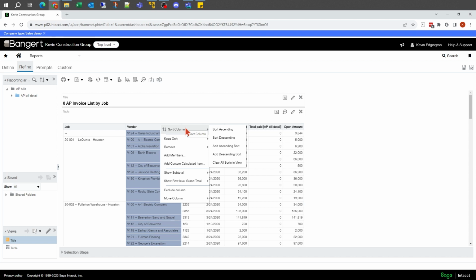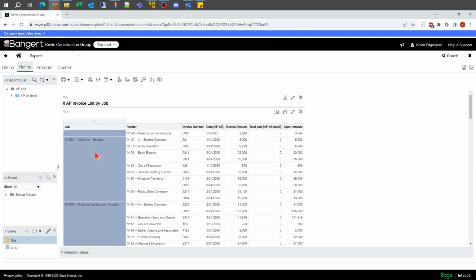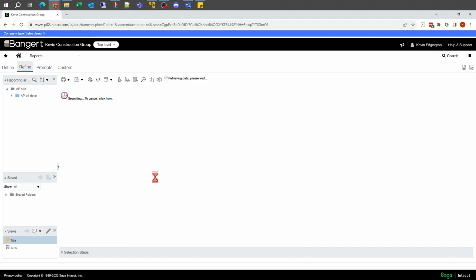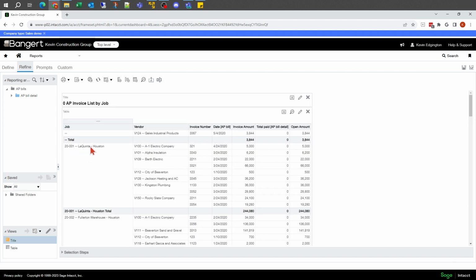Let's take a look at some subtotals. I want to see a subtotal for this job. So subtotals are controlled through that right click also. I'm going to come down here to show subtotals. And right now there's a none and an after value. So that's where I can say after values. And that's going to go back through and say, okay, there's my job. There's all my invoices. And there's my total for that particular job. So it basically shows a bold line with my job number and description, just like what it showed there, and pretty much my totals across whatever the different amounts are going across on the report.